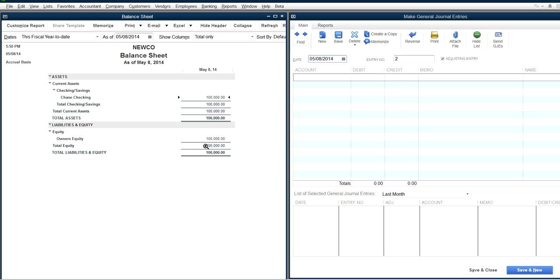As you can see here, this would balance total assets and total liabilities and equity. This would balance. That's why it's called a balance sheet. Okay, so the next step is, let's say you